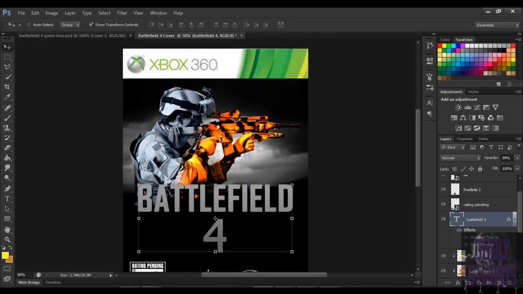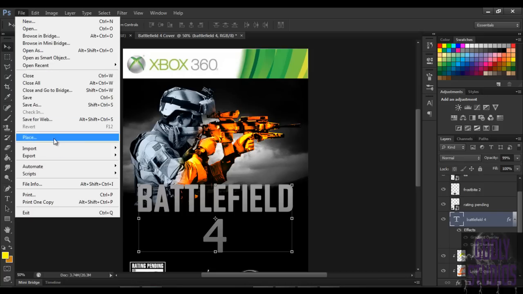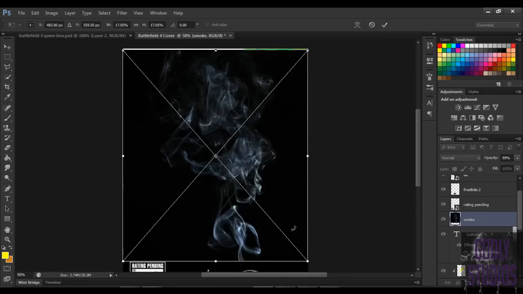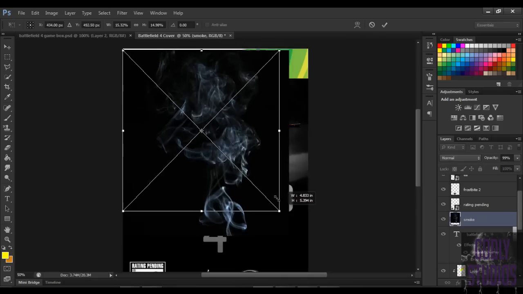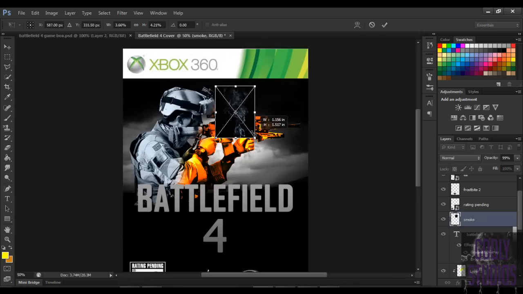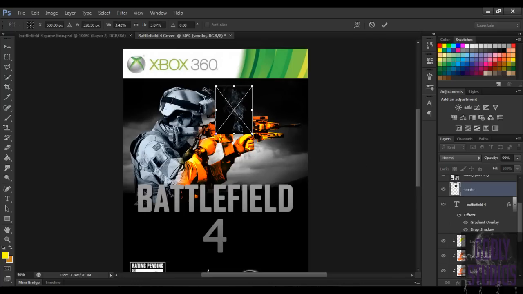Now one final thing that we need to do before we finish up this tutorial, and that is adding the little smoke that you can see in the Battlefield photos. So we're going to place smoke inside here. Smoke JPEG. It's going to be a fairly big image. We're just going to size it down to something reasonable. We're going to make this above the gun, so we're going to move this down and make it a clipping